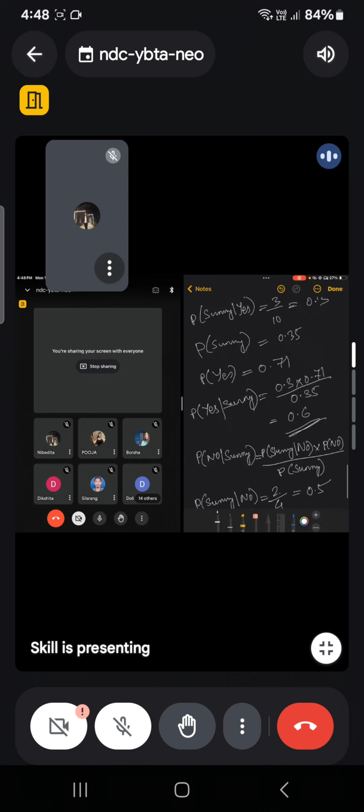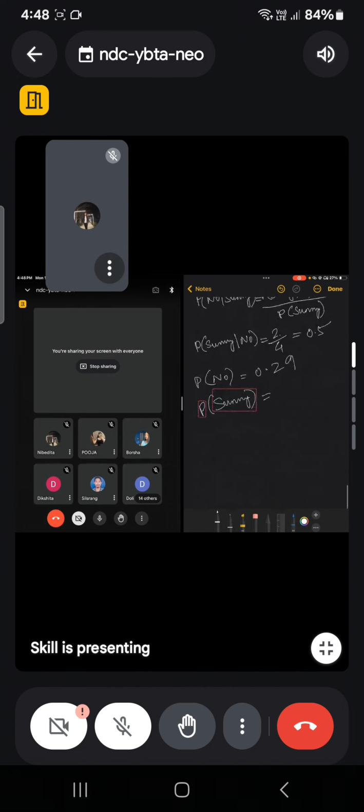From here only we can write here also. And finally, we are putting all these values in this formula. So calculating all this, we will get